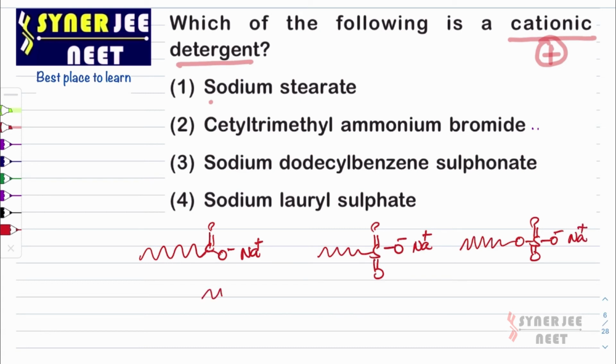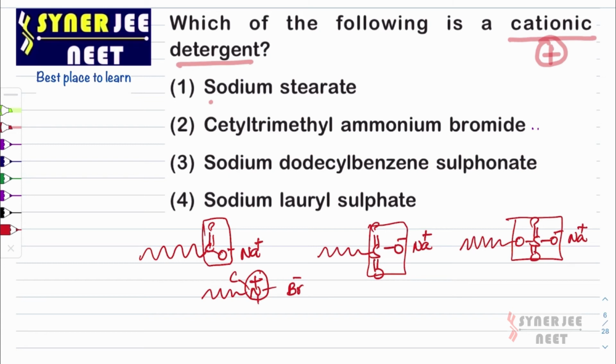So like that, various detergents exist. Now if you look at these detergents, some detergents will have a carboxylate, COO minus group. Some detergents will have sulfonate or sulfate, and nitrogen with four carbons attached possesses a positive charge.